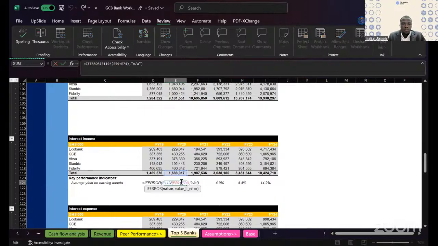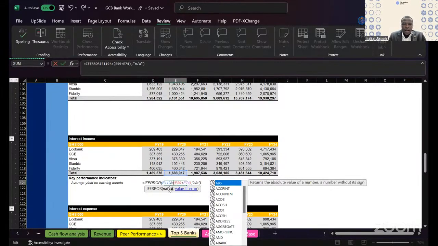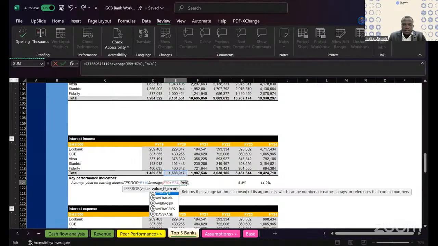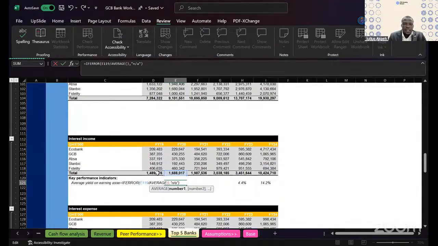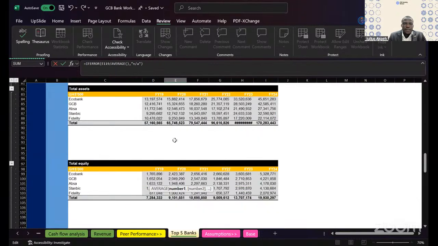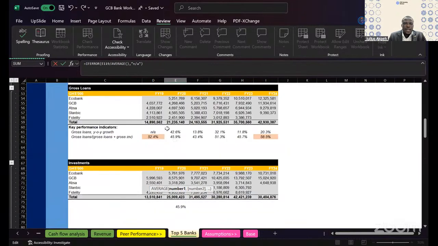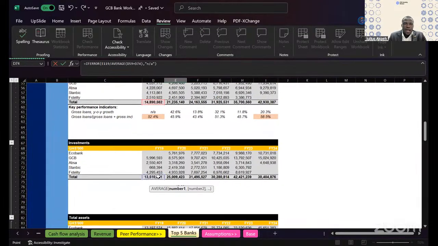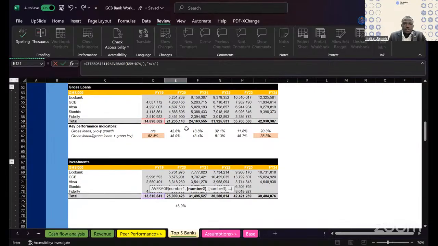Not that it's not too good for me, but in year 2020, I think I can start working with averages from this 2020 average investments or earning assets. So I'm going to do the 2019 earning assets and 2020 earning assets. I'll take the average. So 2019 loans and advances plus investment securities, comma, then 2020 loans and advances plus investment securities. So I'll take the average of that,